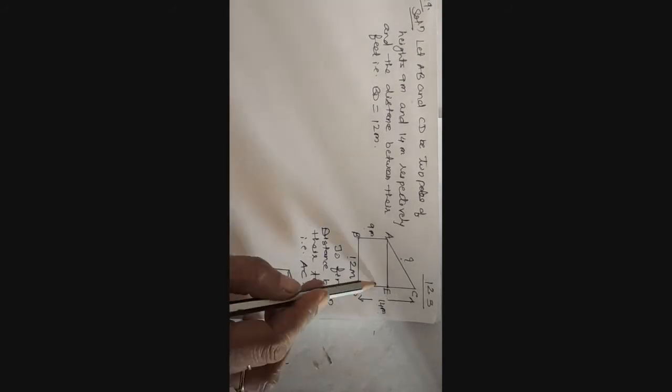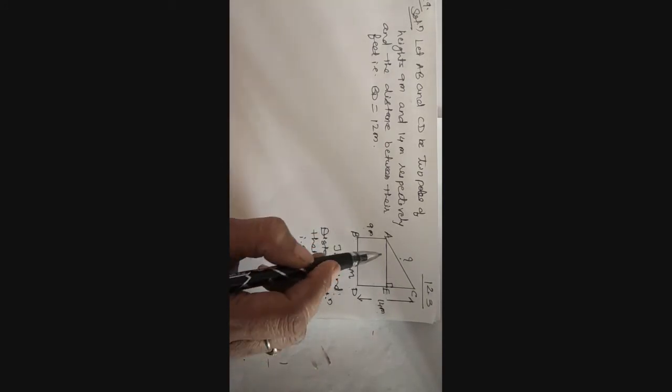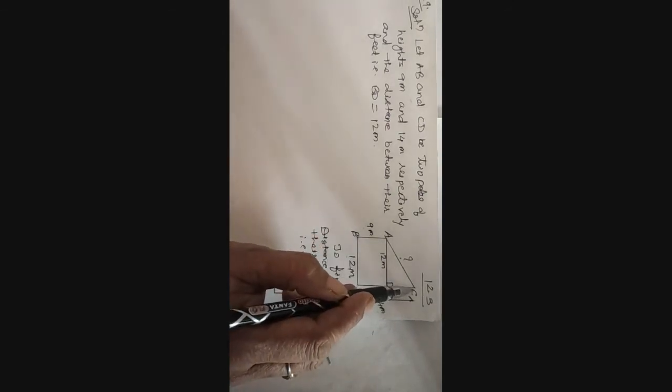Okay, at first the figure was in this way, that this is one pole and this is the other pole, and this is the distance between the feet of the two poles, and this is the top. Okay, and again you can see from here, if we join here, you are getting a right angle triangle. So in this way this figure you got. Okay, so you can see this is right angle triangle now. Now children see, if this BD length is 12 meter, so AE will also be what? 12 meter. Okay, this you know very well. Now AEC is a right angle triangle.